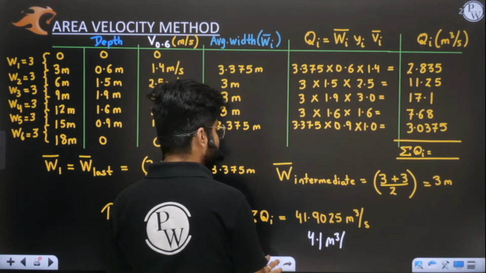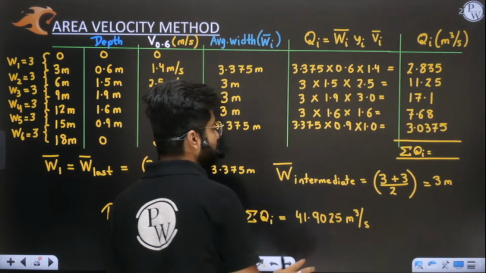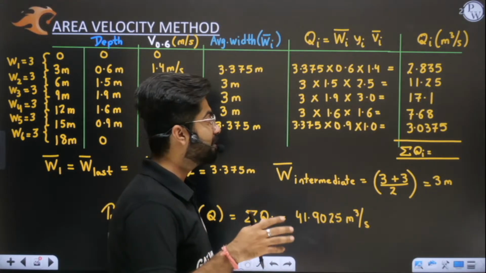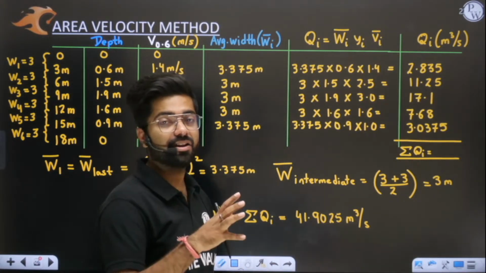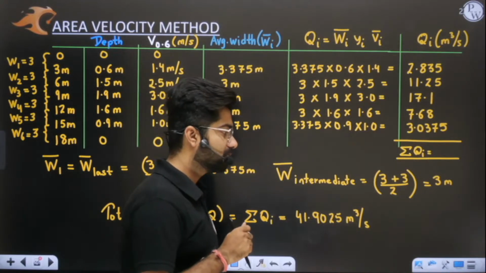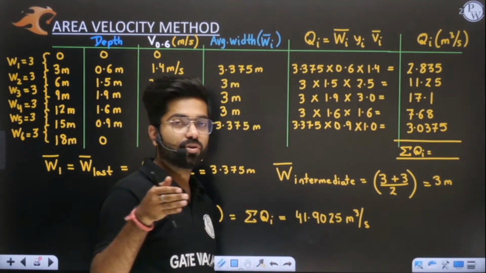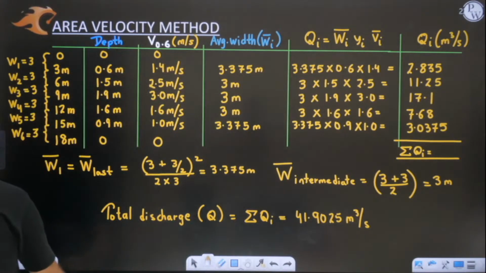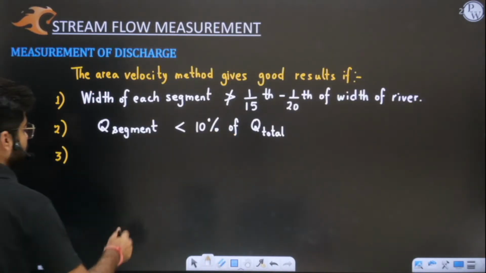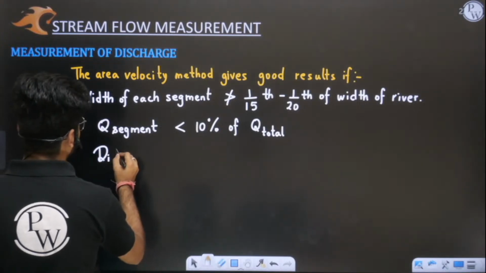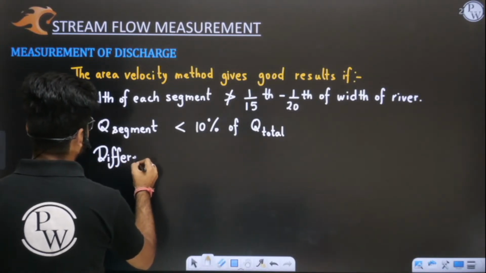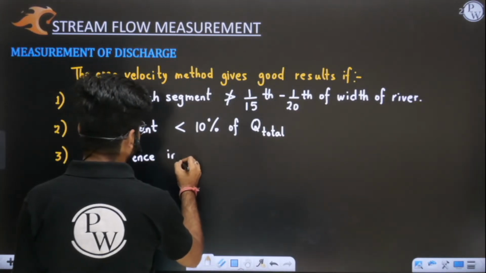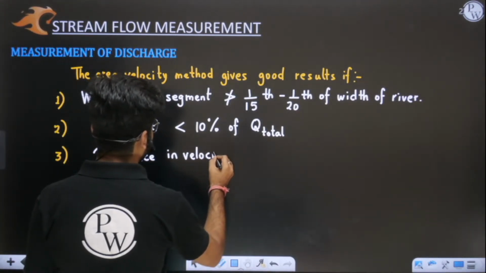And this rule is again implying the same meaning. We will not divide segments into such bigger portions that they will accommodate more and more discharge. It should be divided into so many small segments so that discharge is properly divided. If more segments are there, we will have more accuracy. At last, we have the last thumb rule, that difference of velocities